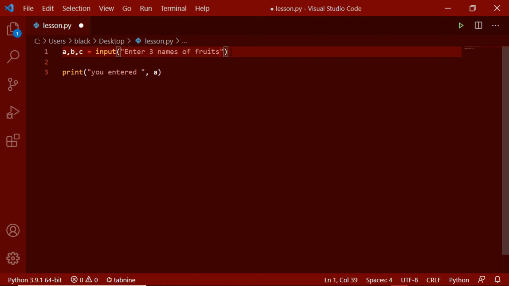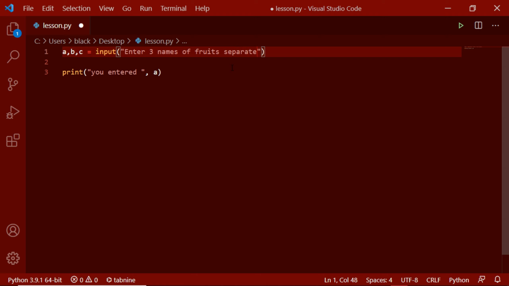We don't know whether this is one input or many inputs, so we have to give another condition to separate these inputs. In this case, I'm going to separate them with spaces.